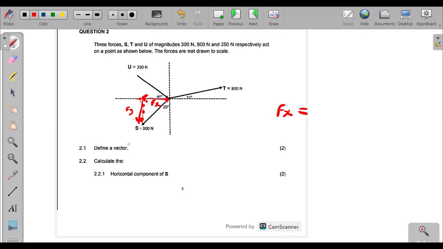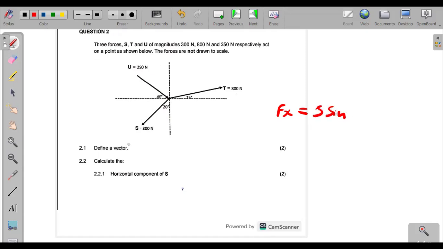So Fx, considering the angle that we have here of 20 degrees, you can also do this. This becomes the vertical component, and this becomes the horizontal component. So that's your Fx as well. So there are two ways you can calculate it, because our 20-degree angle is the angle to the vertical and not the angle to the horizontal. I'm going to clear here so that the 20 degrees becomes clearer to see. That angle of 20 degrees is the angle to the vertical. So when I am calculating the horizontal component, I have to say S multiplied by sine theta,